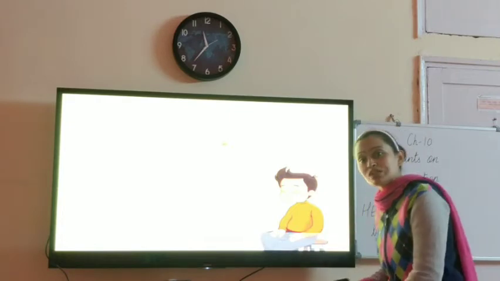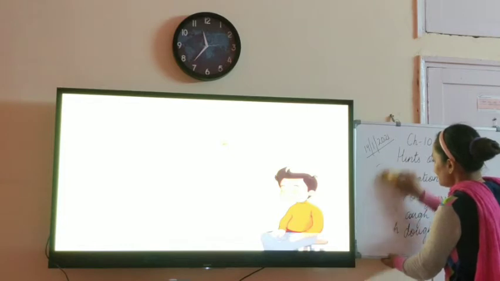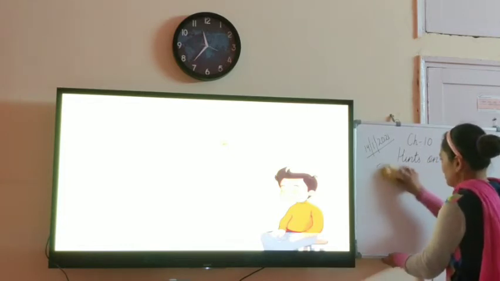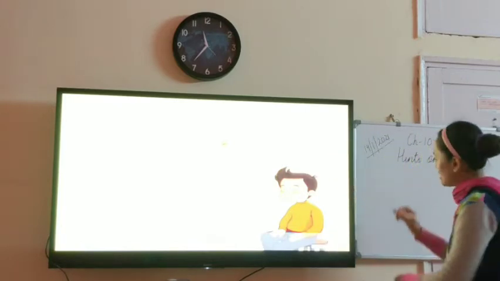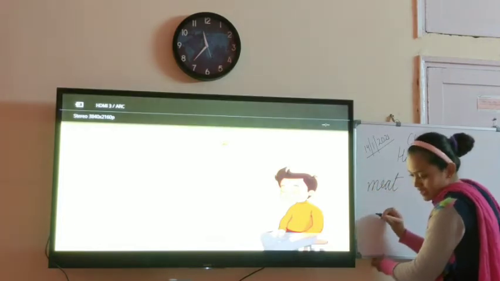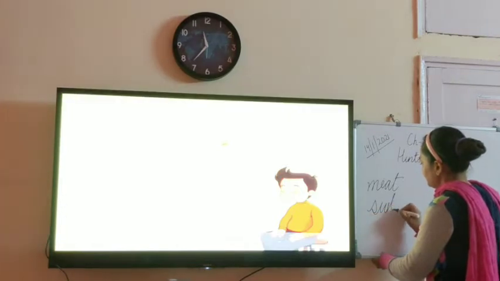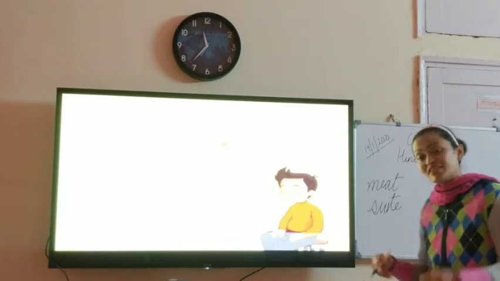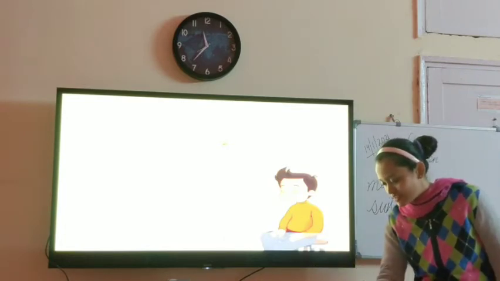So can I show you the spelling of these words that the poet is saying is rhyming? You will be quite surprised, children. I'll just show you all. So the first word the poet has shared with us is meat and sweet. So if you see, the spelling is quite different, right? But they are rhyming. They have the same kind of sound, pronunciation.